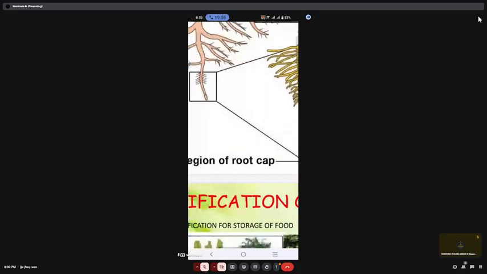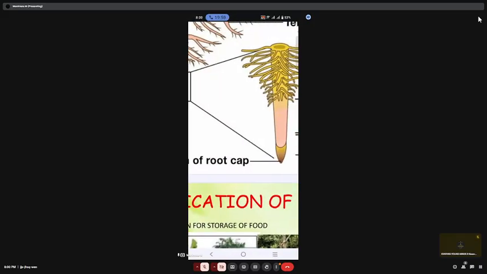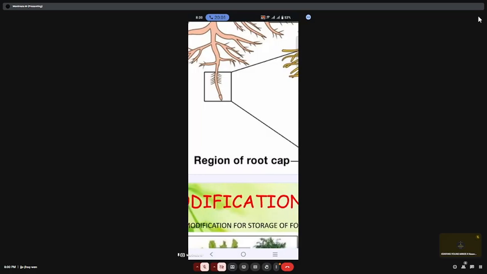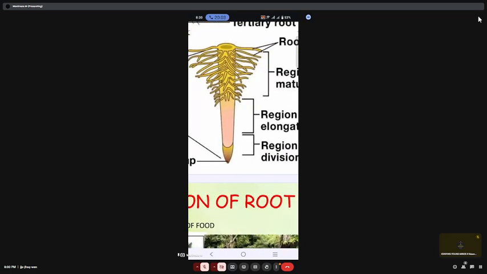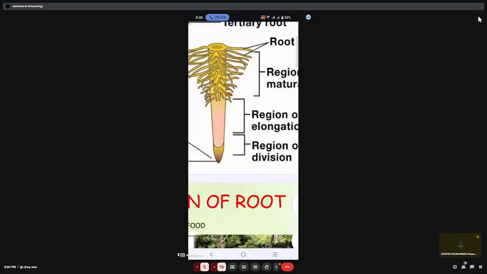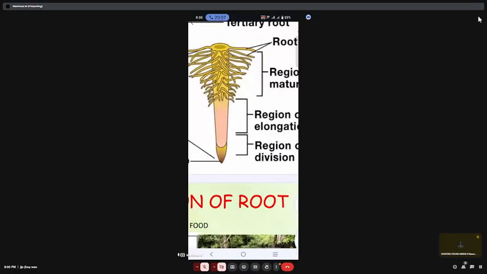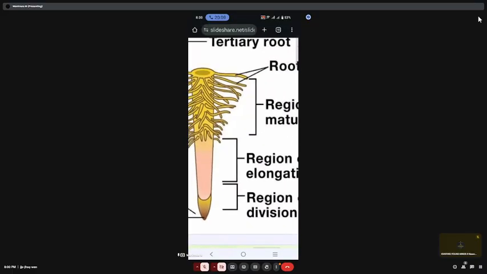So we have completed. Be ready. Next, everybody has to give each point. So region of root cap, and the next one region of cell division, and next region of the, what is that? Elongation. And next to the part,